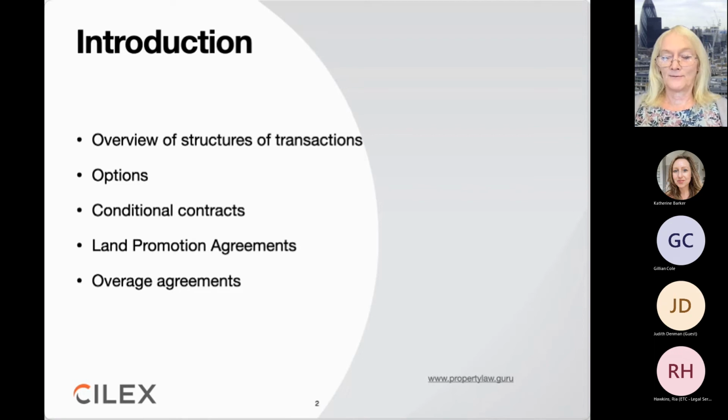So is it going to be an option fee? Is it going to be, perhaps if the option is extended every 2 years, is it going to be an additional fee? And is that option fee going to form part of the ultimate purchase price when you get it? Or is it going to be a genuine compensation for the lack of the seller's ability to sell it?